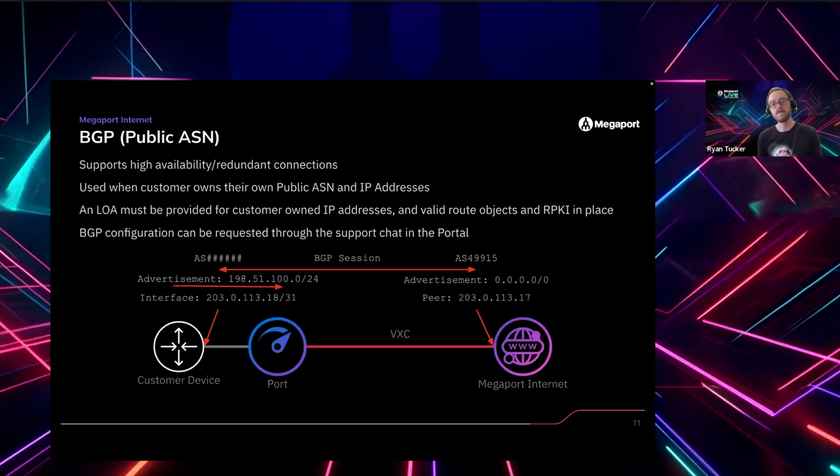So this one, although the configuration is basically the same, can sometimes be a little bit more challenging because there are some other things you have to consider when you want to bring your own IP addresses. The first one is that you have to provide some information to Megaport to prove that you do actually own these public IPs that you want to advertise. And you also have to have some records in place with the registrar, so APNIC, for example, whoever your regional registrar is,